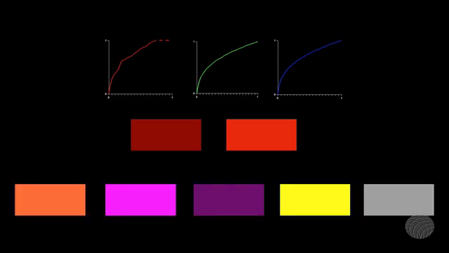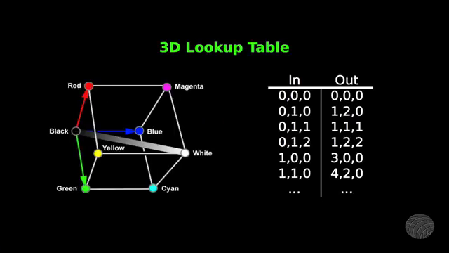The problem is that you're affecting anything that has red in it. So even though you just wanted to make your reds brighter, you're actually changing your oranges, you're changing your purples, you're changing your yellows, your browns, even your grays, because those all have a component of red to it. So a 1D lookup table can't do specific color changes. It really does very overall tonality changes,